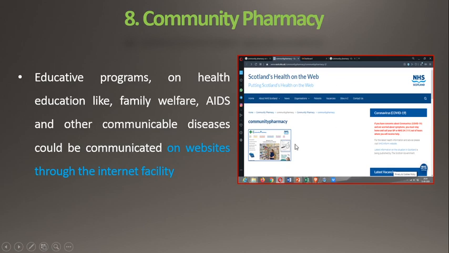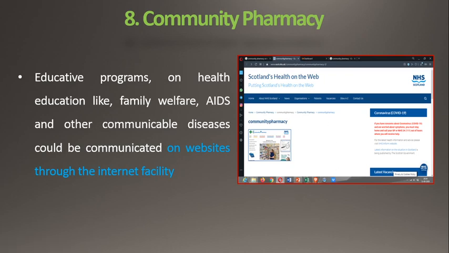Like this, information will help people to get information. Websites made by pharmacies share information like family welfare, AIDS and others also. So computers help in community pharmacy.